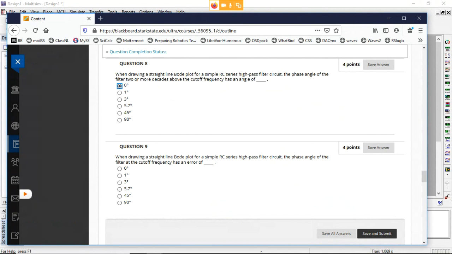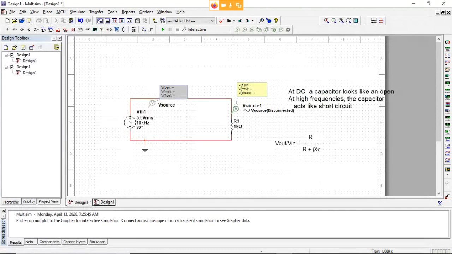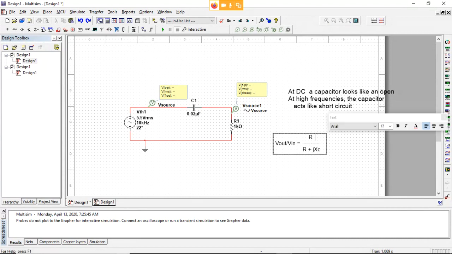Now if I flip the resistor and the capacitor, and I put the capacitor where the resistor is, this changes because now I get a J